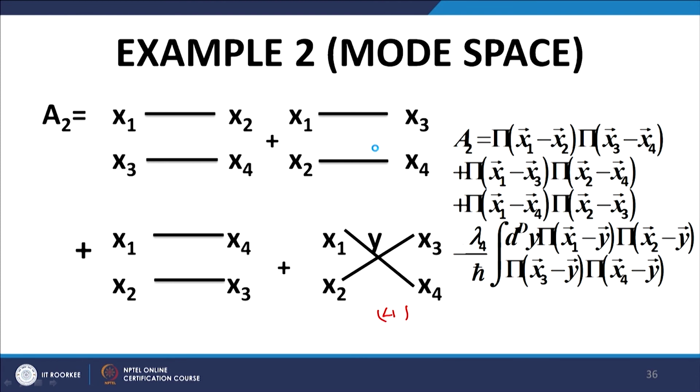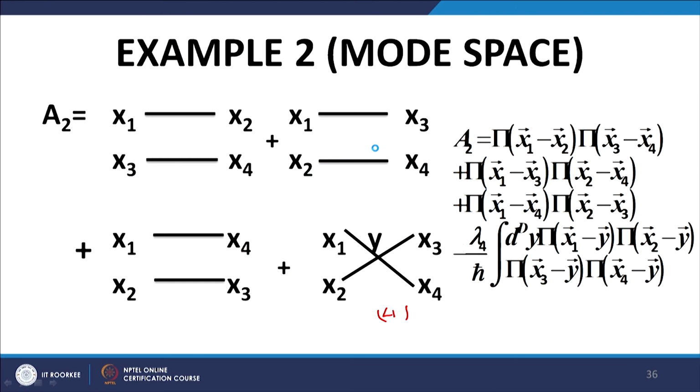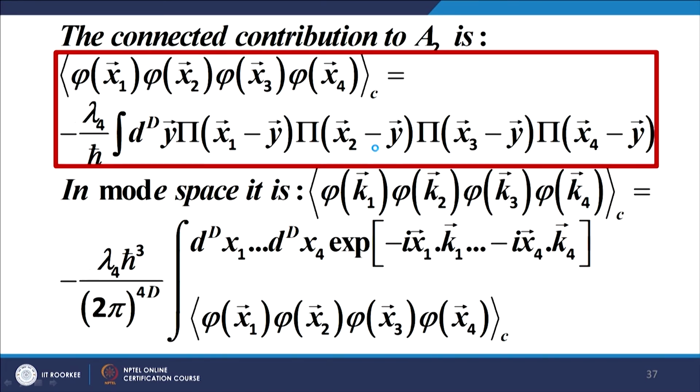Right. Now, we look at the 4-point function, and we look at the lowest order contribution in the 4-point function. The expression in position space is given at the right hand side of your slide. We look at the expression for the same thing in momentum space, in Fourier space. So, this is the expression. We first examine the fourth diagram, that is diagram number 4 given here, and we look at the representation of the fourth diagram in momentum space, in Fourier space.